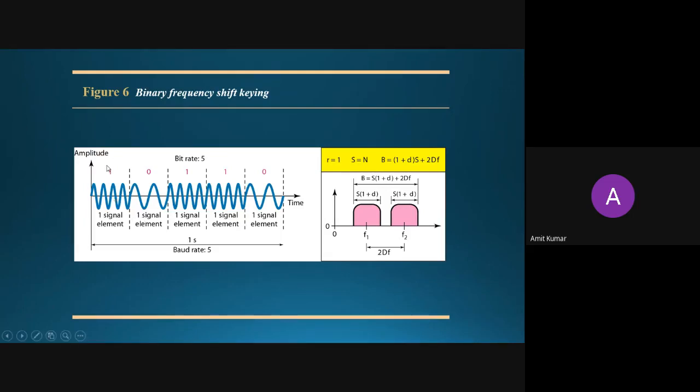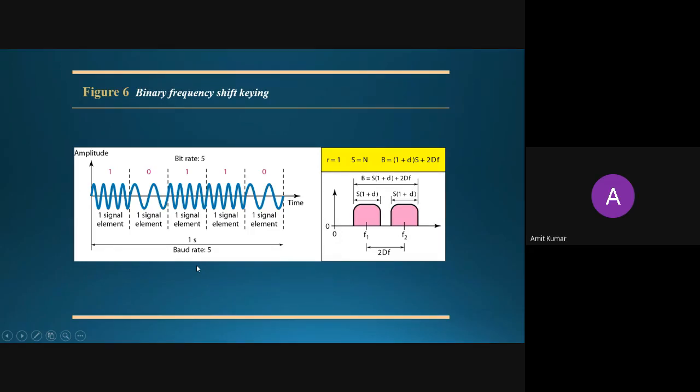Why is it the same? Because we are sending single levels. If you are having two levels, then baud rate will be 5 divided by 2. If it is three levels, then baud rate will be 5 divided by 3. So it depends upon the number of levels you are using; the baud rate and bit rate will vary. Bit rate will always be the number of bits per second you are sending. If you are having two levels, so here instead of one, we are having two bits, 1110. So we are having a total of 10 bits. So 10 bits per second will be your bit rate, and baud rate will be 10 divided by 2, that will be 5. We have already seen the formula of baud rate, so we are not going back to that.